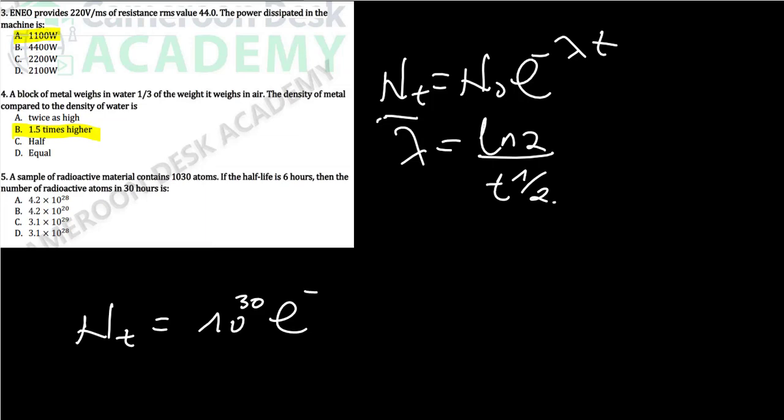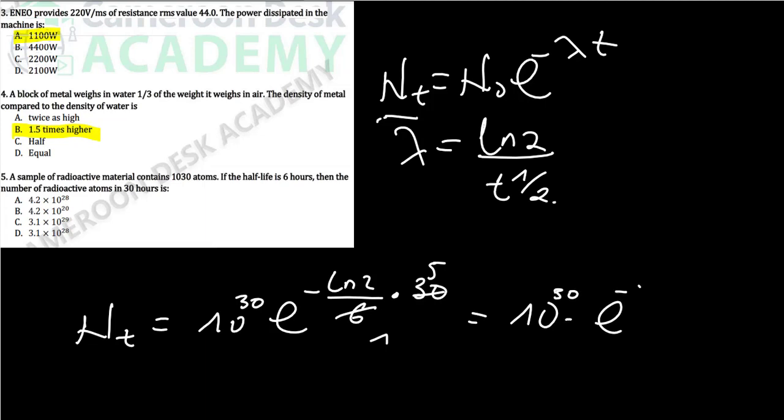Negative lambda will be negative ln 2 divided by t half, but the half-life is 6 hours. No need of converting since all the times are given in hours. So all of this will be times t. So we are calculating for 30 hours. So the numerical application gives 6 goes here, 6 goes here 1 time, and it goes here 5 times. So I have 10 raised to the power 30 times e to the negative 5 times the